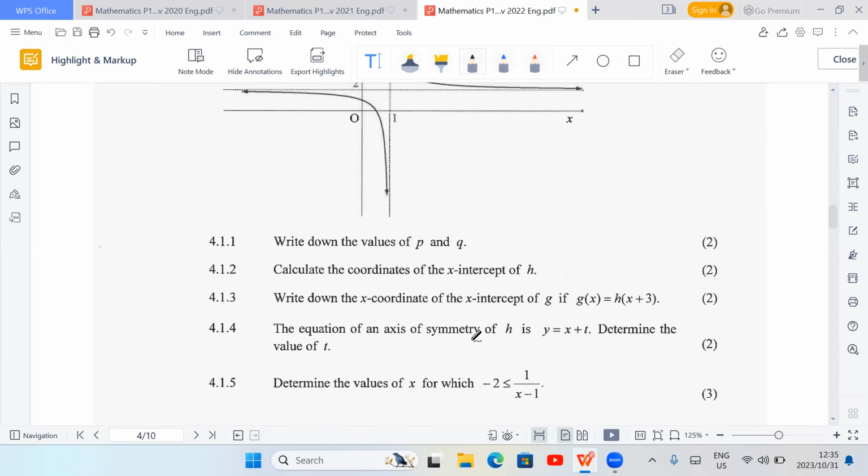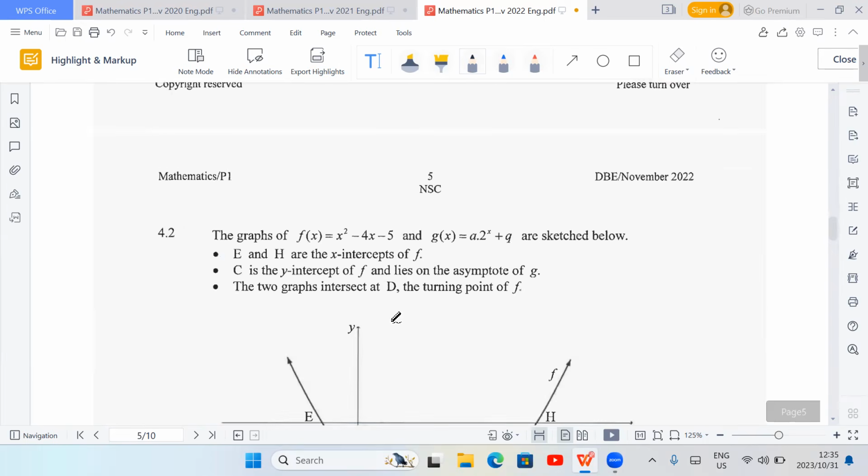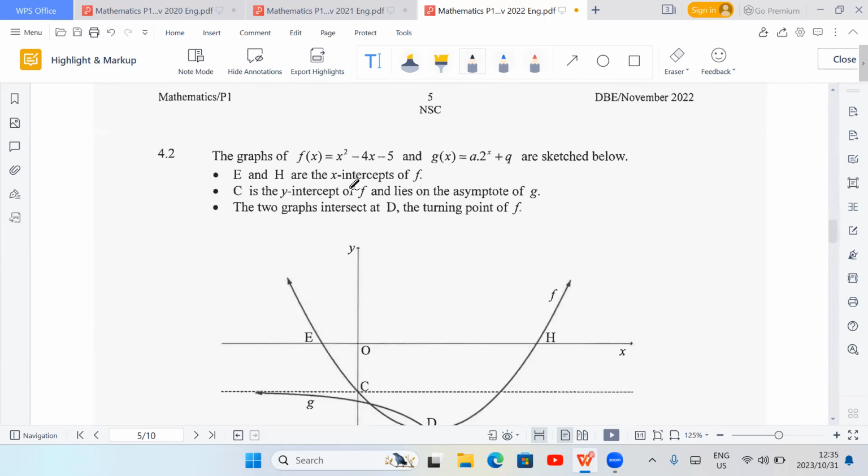Then the equation of the axis of symmetry, so you see this question is there, right? And then now they want you to determine the values of x for which this would be equal to that. So here you can even solve this, right? You can just cross multiply here and try to solve for x. You'll find the value there. Then when we continue, we find our